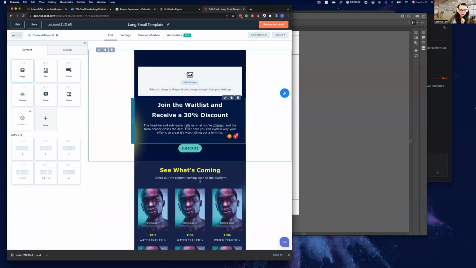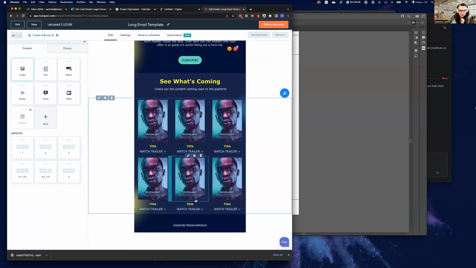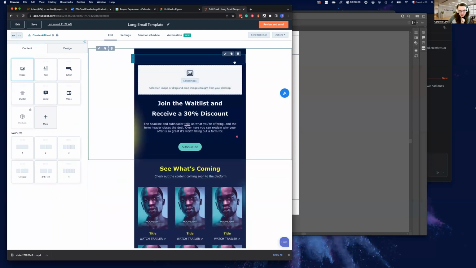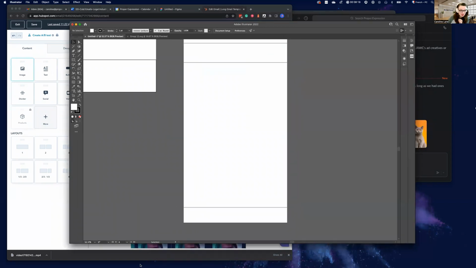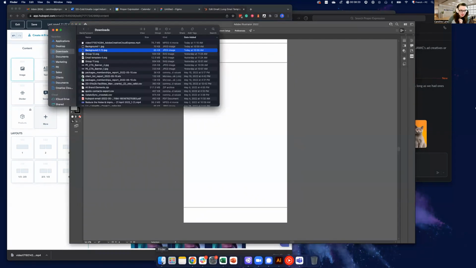Okay, so now I have the structure. Now I'm going to show you how you actually create the background. Right now you have a background implemented here, but let's show you how you actually create this background. So what I do is I take my design software